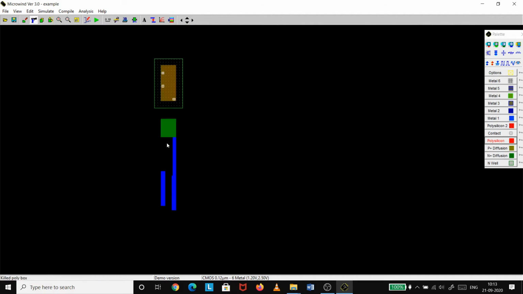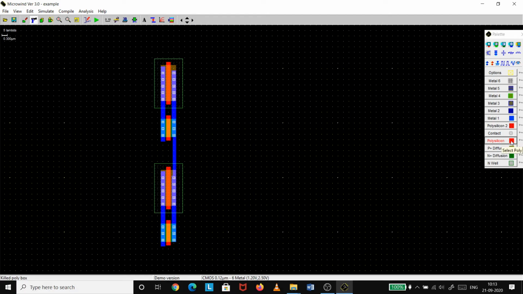I will just delete this. Use polysilicon. Now I am done with all the connections. Next is to provide different inputs and to see the output of the 2:1 mux.